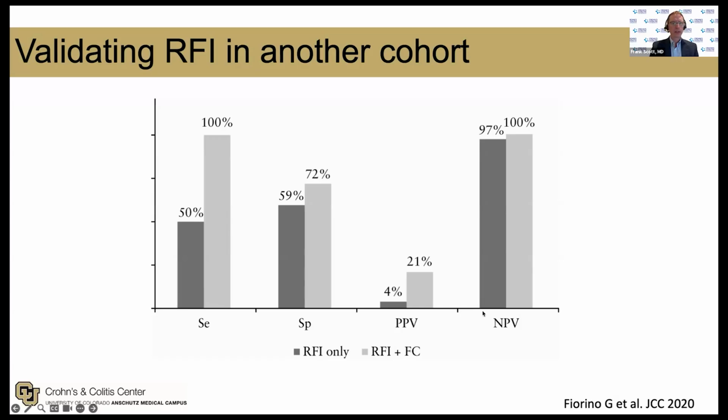But importantly, the negative predictive value, or the absence of a score of 8, strongly predicted that you didn't have IBD. And then they did another cool thing, which is they added fecal calprotectin. And we know that fecal calprotectin naturally has a very high negative predictive value, meaning that if somebody has symptoms that you're concerned about being IBD, but they have a negative calpro, the probability that they actually have IBD is exceedingly low. And you can see that the sensitivity rose to 100% with the clinical symptoms of 8 and a